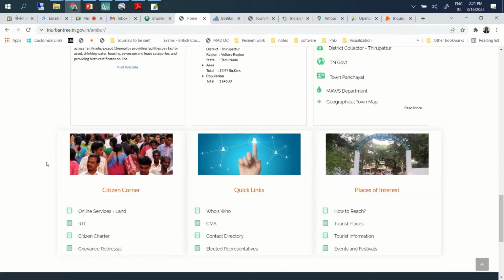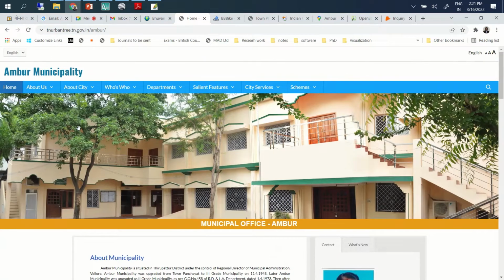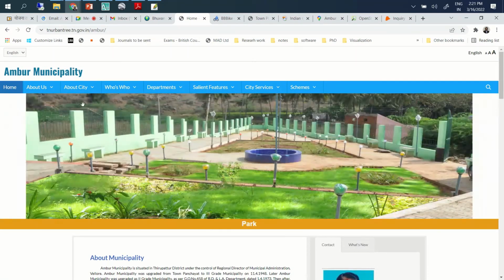There's a website already on the town, and there is certain information already available here. I think most of the information we can extract from here.